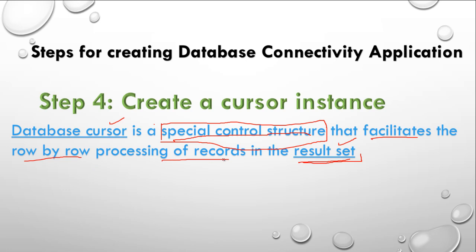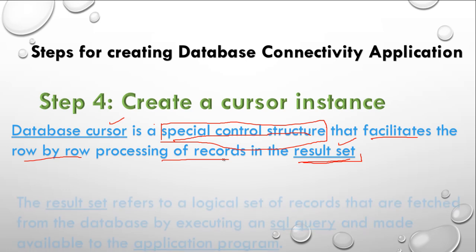So whenever we issue a command through the connection, MySQL basically sends all the records which satisfy the conditions to Python. All the records sent as a result by MySQL get stored in the result set, and when this result set reaches Python, there is a variable named cursor that holds this result set. With the help of this cursor we can easily access the records present in the result set. We cannot access the records directly from the result set, but with the help of the cursor we can.